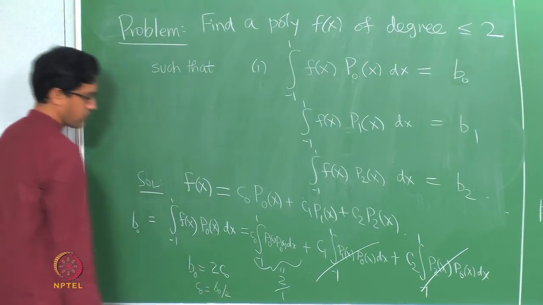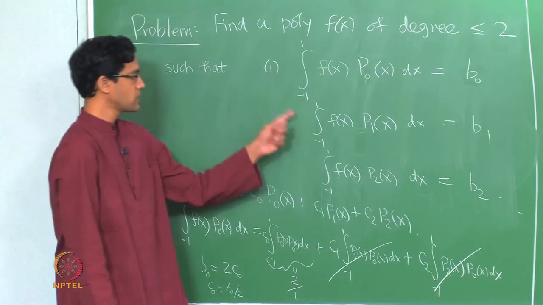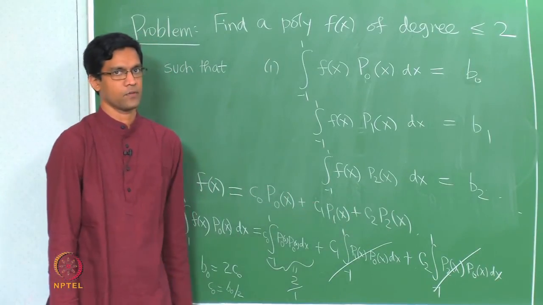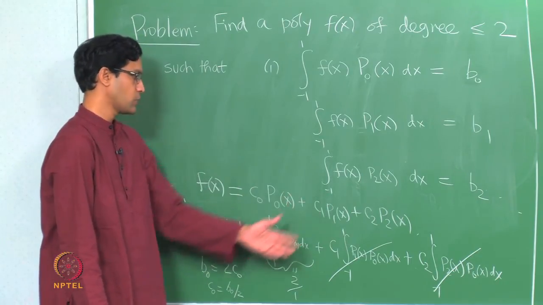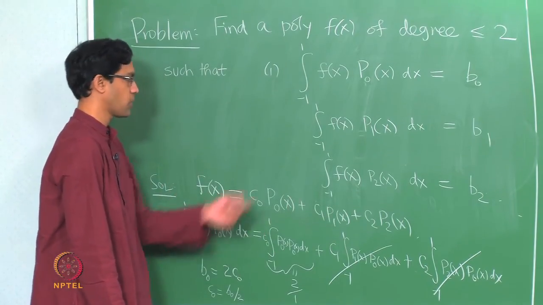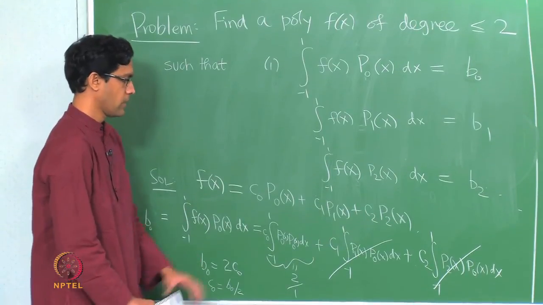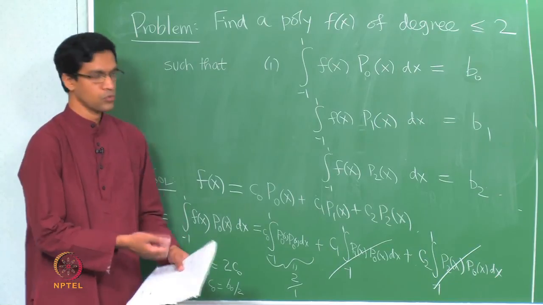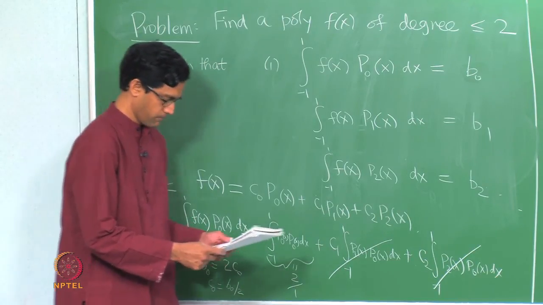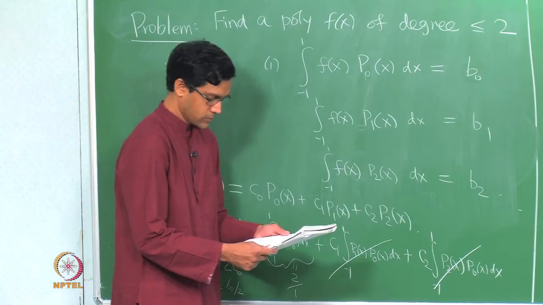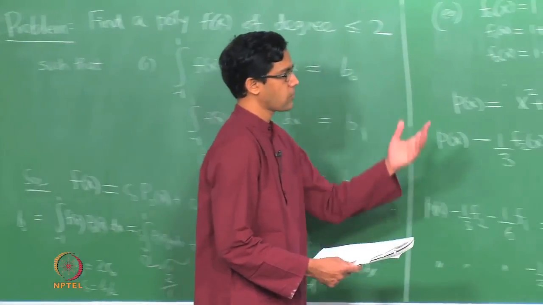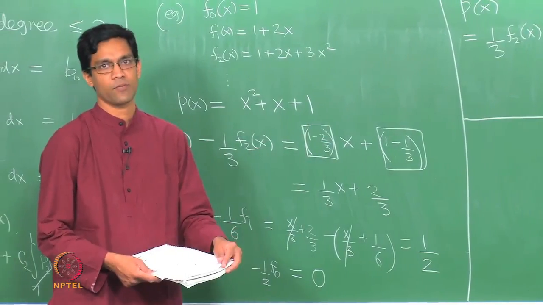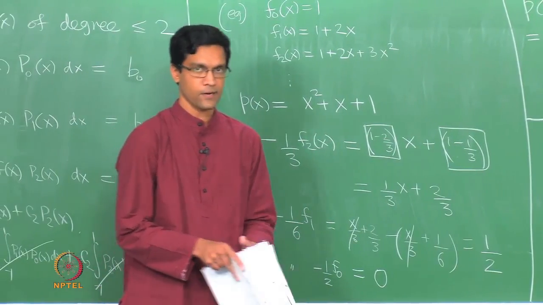Okay. So in essence giving these 3 conditions gives you a way of determining these 3 constants more or less instantly. You can figure out what c0, c1, c2 are by just multiplying both sides by the corresponding pi and doing the integral. And the key property here really is the orthogonality, that is what really helps you to do this step. Okay. So this is sort of why Legendre polynomials turn out to be important. They have this very nice orthogonality property with respect to the integral.